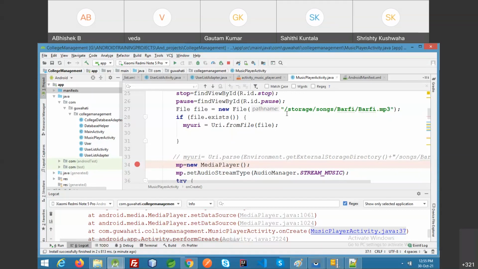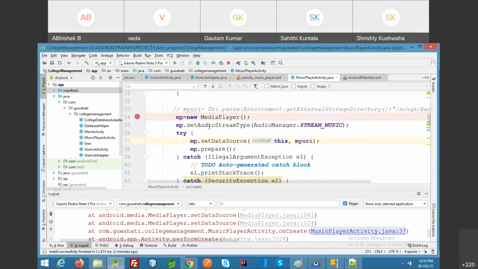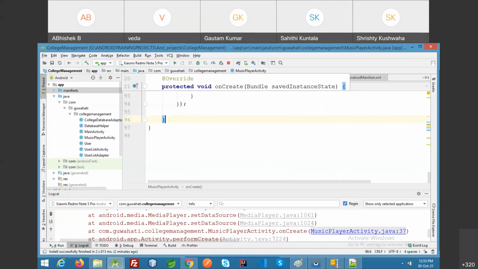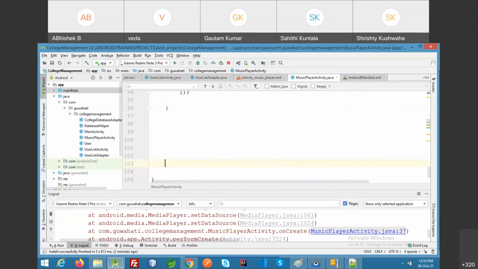What to do? So basically we need to learn how to take runtime permission. Clear? So I need to create a method first that will check the permission. How to take runtime permission in Android, that you have to learn, because reading the external storage needs a permission since you are on greater than Marshmallow.